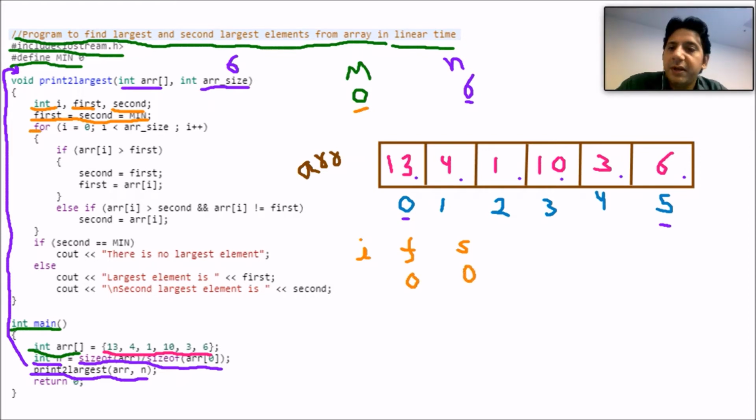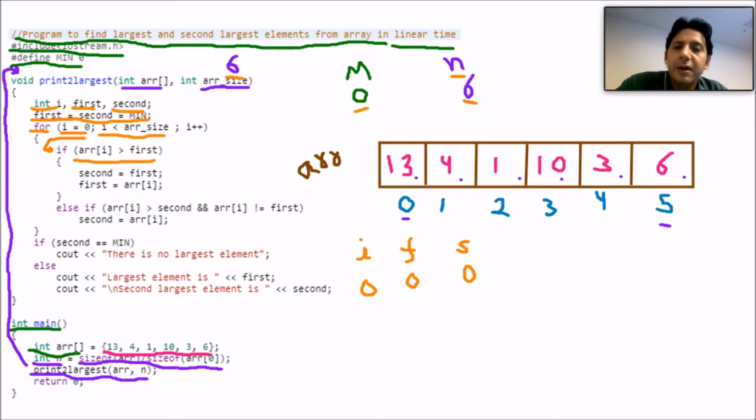Now they are saying for i is equal to 0. So i is starting with 0. Then it goes to the next condition, i less than arr_size. N is nothing but now the arr_size, and the value is 6. So 0 less than 6, true. It will come down to if arr[i] greater than first.